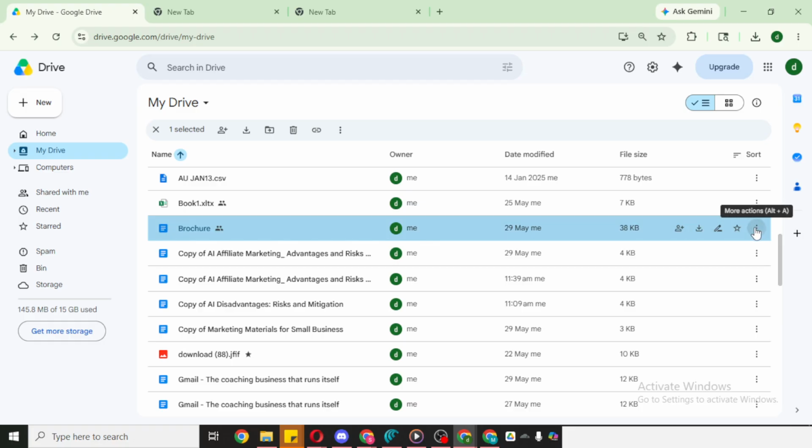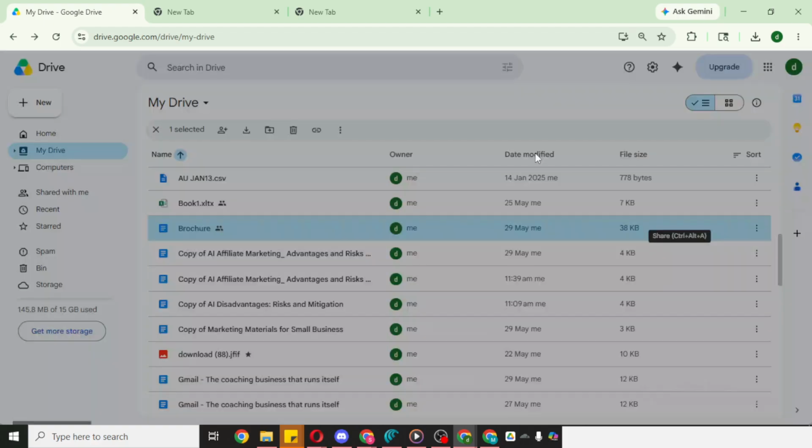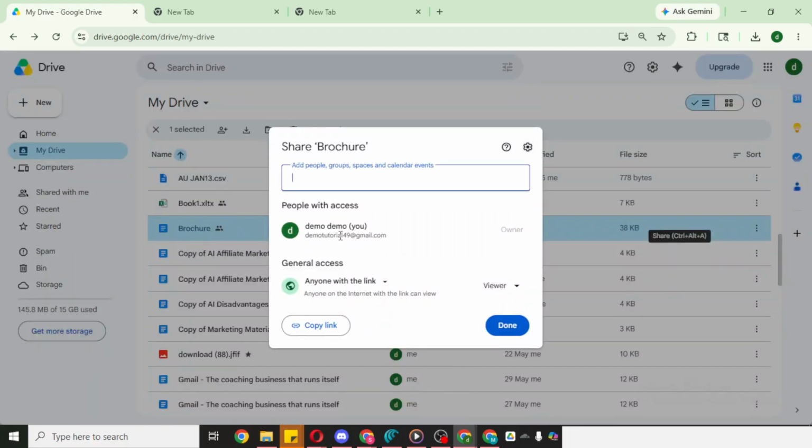In the sharing window, look for the General Access section. Change it to anyone with the link, and keep the permission as viewer to prevent edits on your original. This ensures that anyone with the link can load the prompt to make a copy. Now click Copy Link to copy the sharing URL to your clipboard and close the sharing window.